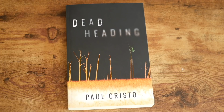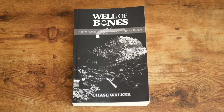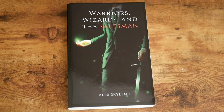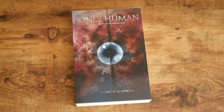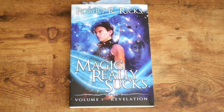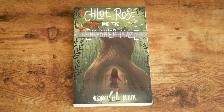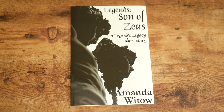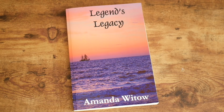Robot, Dead Heading, Space Between Us, Well of Bones, Camelot, New York, The Once and Future King, Zerosum, Warriors and Wizards and the Salesman, Spirit Sword, Daydreams on the Sherbet Shore, Only Human, Magic Really Sucks, Post-Apocalyptic Paradise, Chloe Rose and the Enchanted Maze, Exodus, God of the Slaves, Legends, Son of Zeus, Legends, Arephori, Raymer's End, Legends Legacy, The